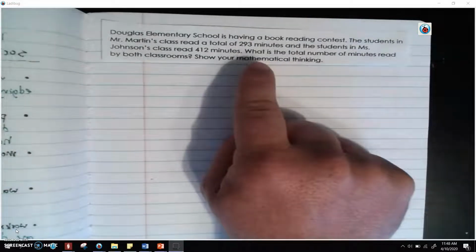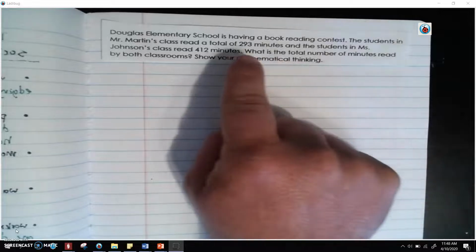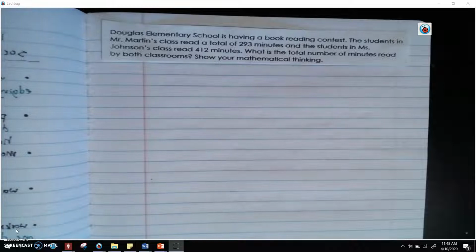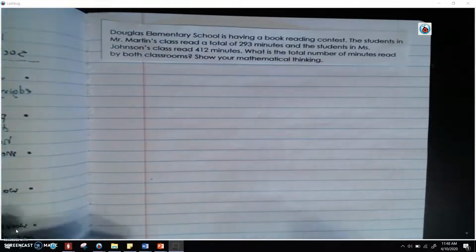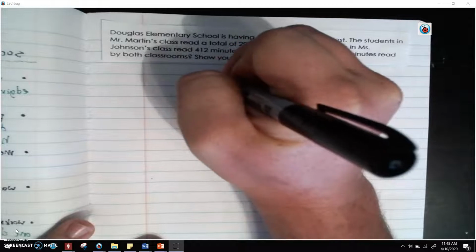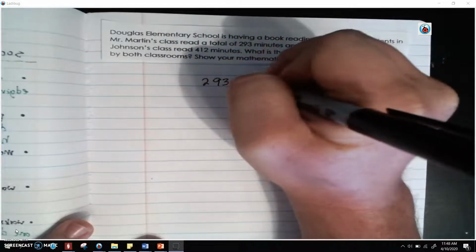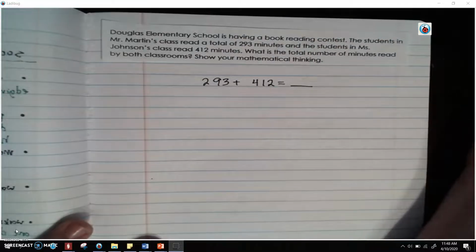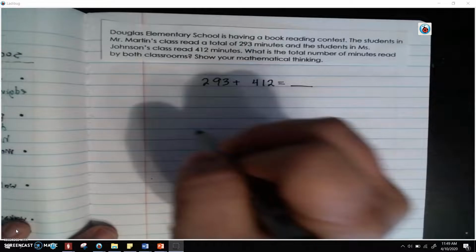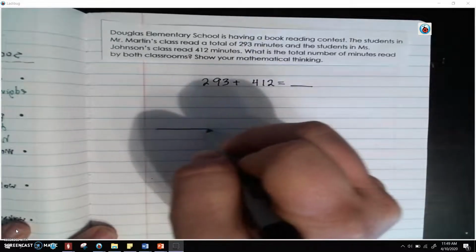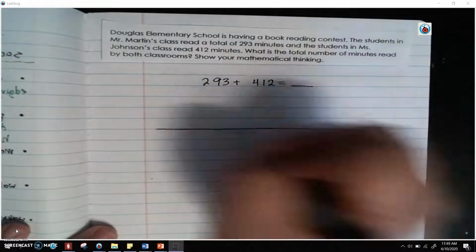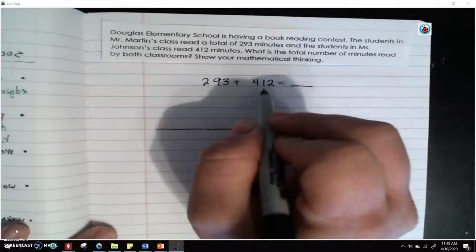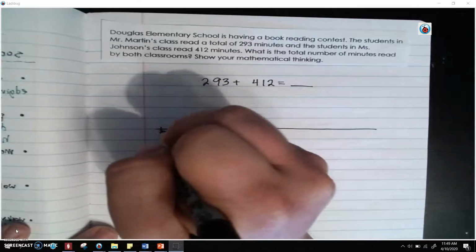So I know that when it says what is the total number, I want to know the total number of 412 and 293 added together. So I'm going to start by writing an addition equation. So 293 plus 412 equals blank. And I'm going to put this on a number line. So my number line, of course, I'm going to start by drawing a line. I know my number line, I'm going to start at 293, and then I'm going to add this to it. So right here on my number line, I'm going to have